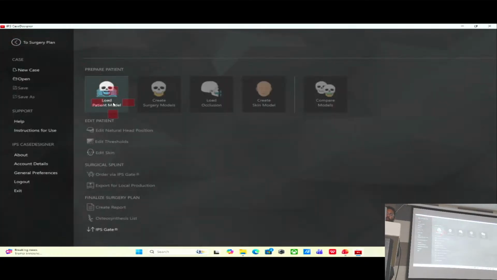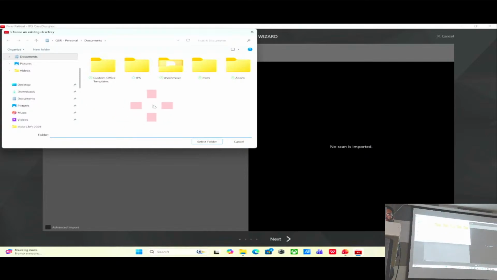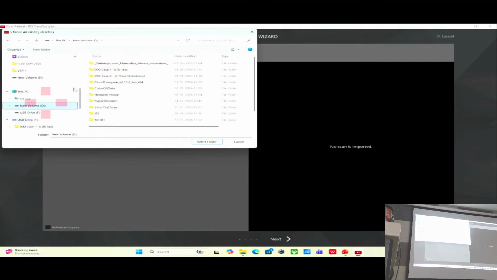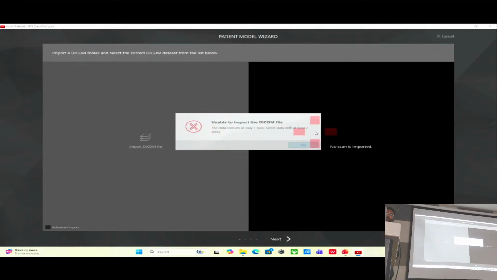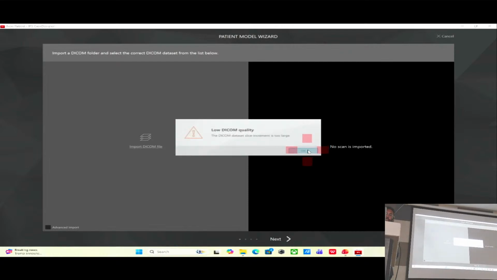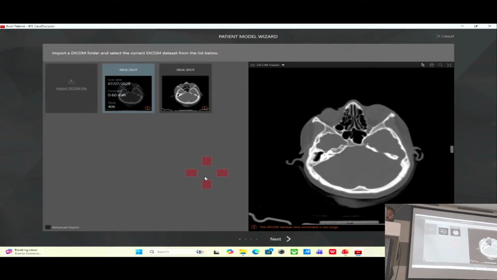So I will make a quick walkthrough. If you click on load patient model, then you can click on the DICOM file which you want to have, select the folder, and it will automatically upload the DICOM file. Just click OK, all the warnings will go away, and then you will see